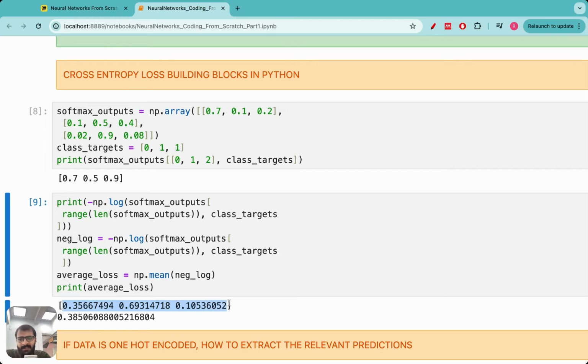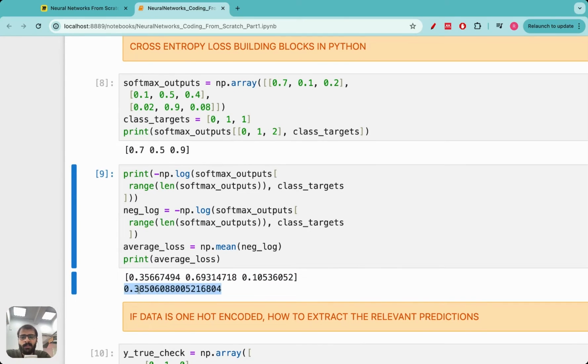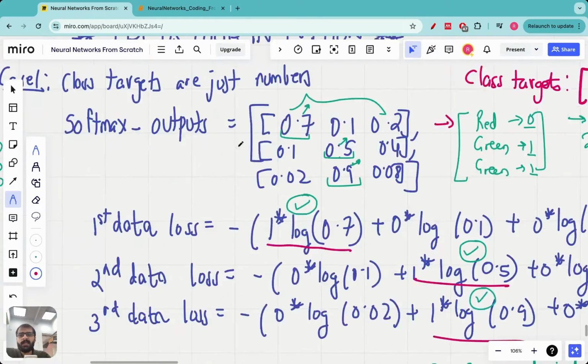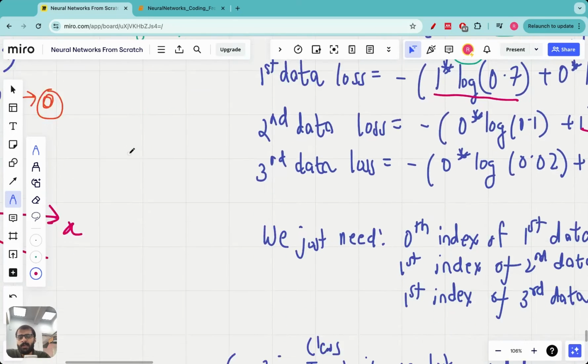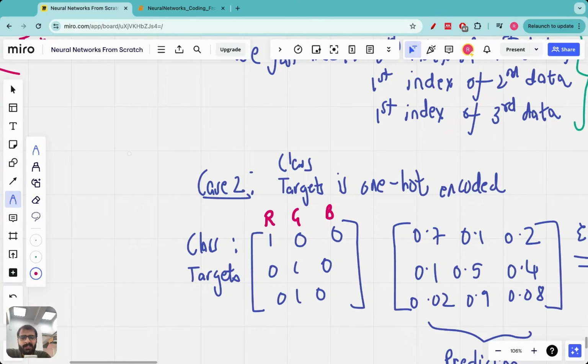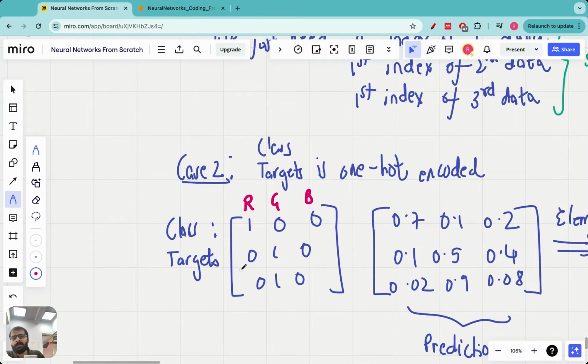And then you have to just take the mean of these three entries to give you the cumulative loss. So you just take the mean of these and get the cumulative loss as 0.385. Okay, so this is how you calculate the cross entropy loss in Python. But this was a case in which the class targets were just numbers 0, 1 and 2. In most classification problems which you encounter, the class targets will be encoded with something called a one hot